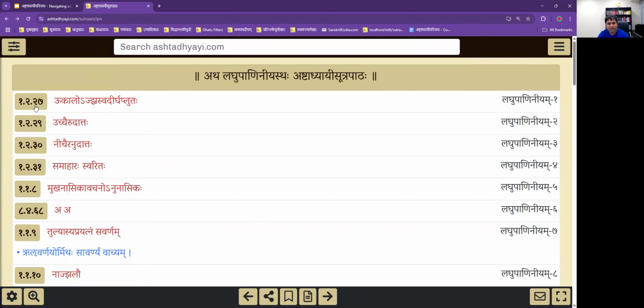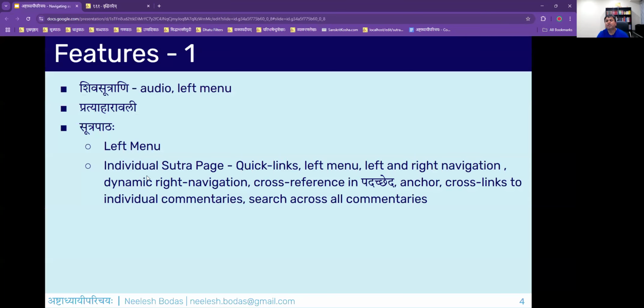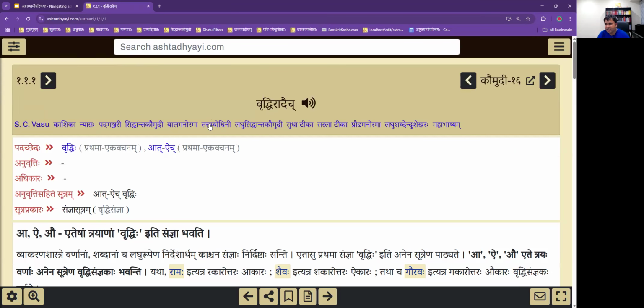So if you go to the normal Ashtadhyayi Krama, it's going to take you back to Kaumudi order on one side and Ashtadhyayi order on the other side. So that's about the left menu. Then we'll go to the individual sutra page. On the individual sutra page, there is a list of